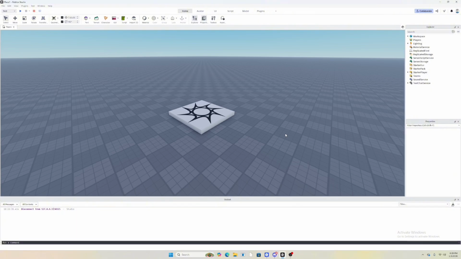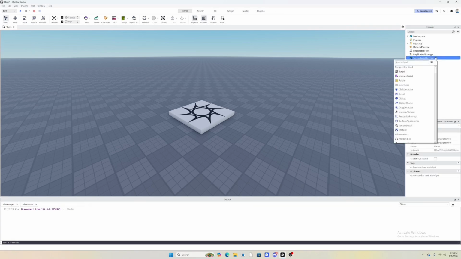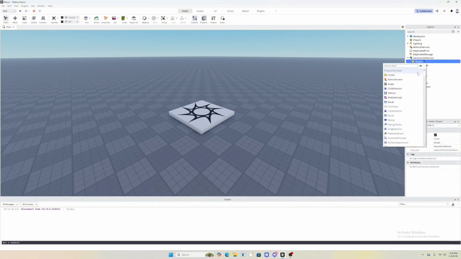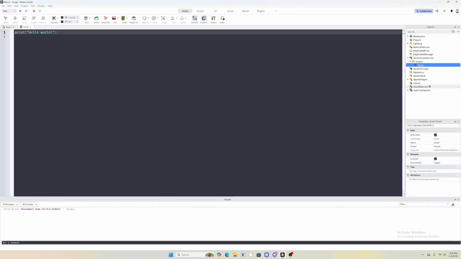So the first thing we're going to do is create a folder where we're going to place our scripts inside of. So we're going to go over to ServerScriptService. We are going to click the plus and we're going to add a folder. We're going to right click this and rename this to Scripts, just like that. And now next to the Scripts folder, we're going to click the plus and we are going to add a script. We're going to right click this, click rename, and rename this to